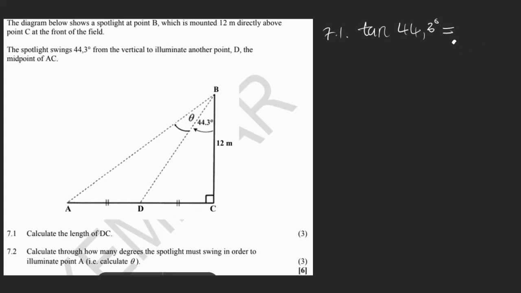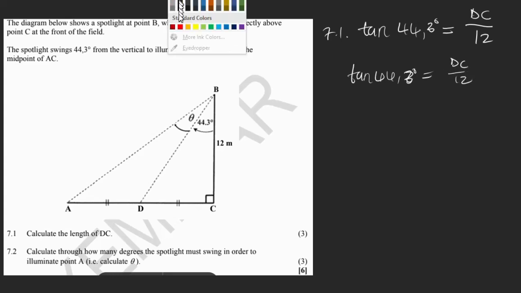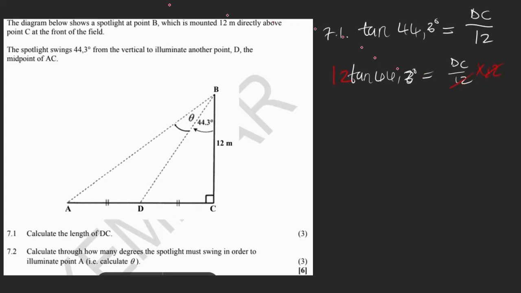Now this tangent is equal to what? Opposite over adjacent. What is opposite to that angle? It's DC. What is adjacent to that angle? It's that 12 meters there. So now we have to solve for DC. If we solve for DC, we have to multiply both sides by 12, so that the 12s can cancel through. Therefore, this gives us DC is equal to, on my calculator,